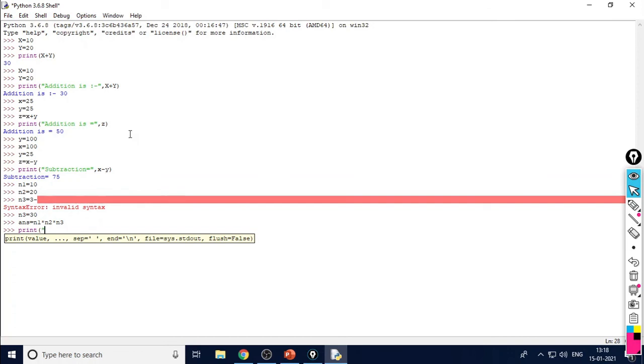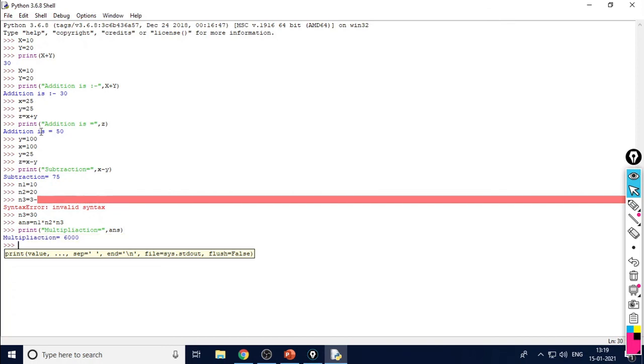Print within quotation marks "Multiplication =", complete the quotation mark, and then write the variable answer. You will get 10 times 20 times 30, that is 6000. So these are addition, subtraction and multiplication.